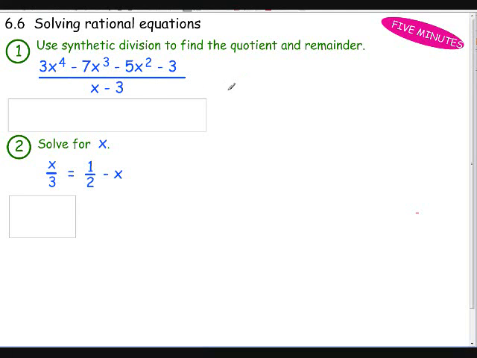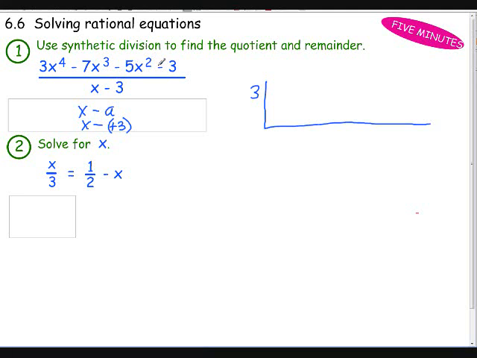We'll take this one, which we remember that the divisor has to be organized like this, and then we take the A and we place it right here. In this case, what is the A? Well, it's got to be A minus, obviously it's a plus 3. So we're going to have a 3 here, and then we take the coefficients of each of the powers, and